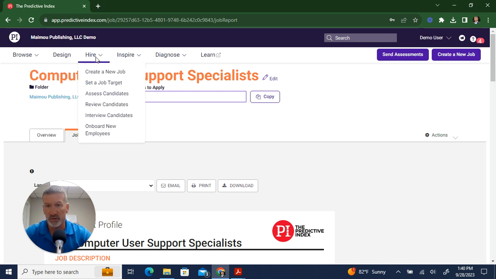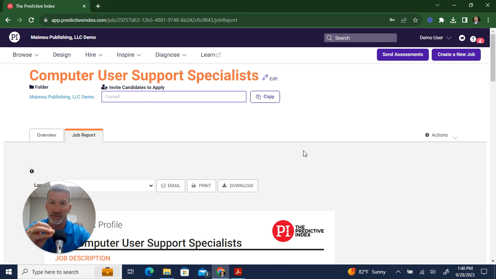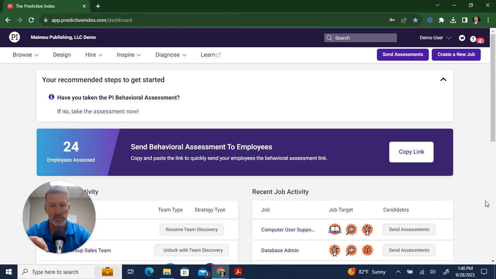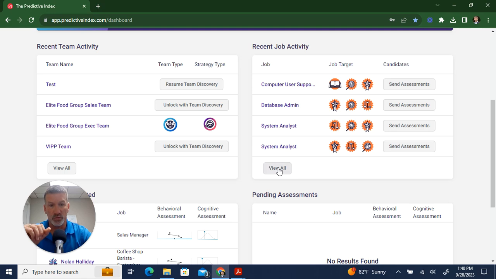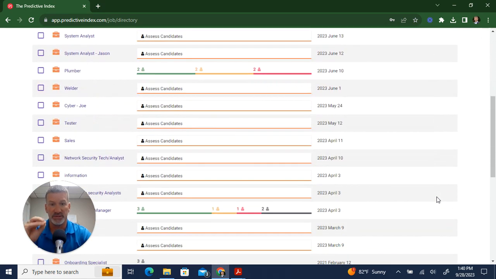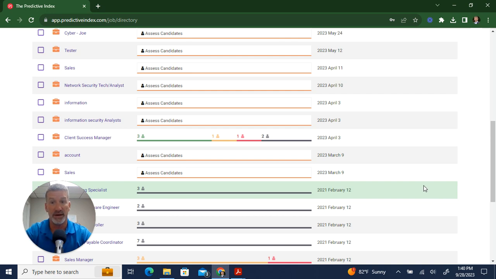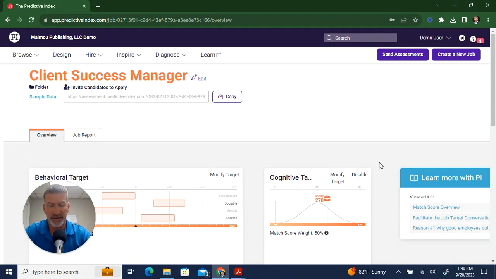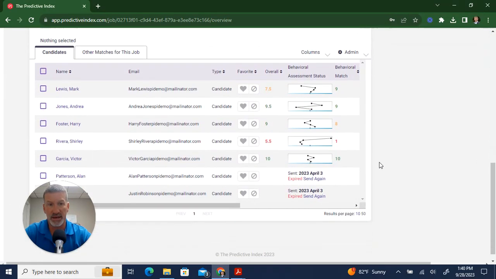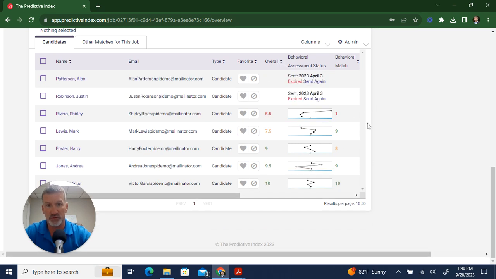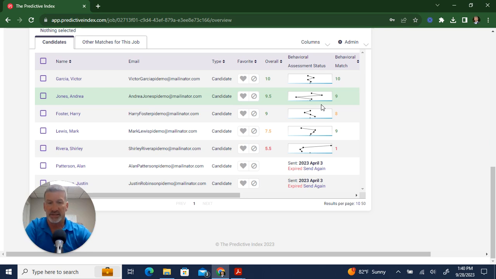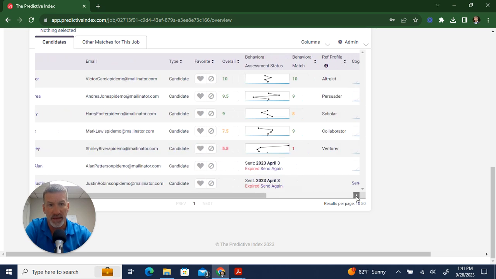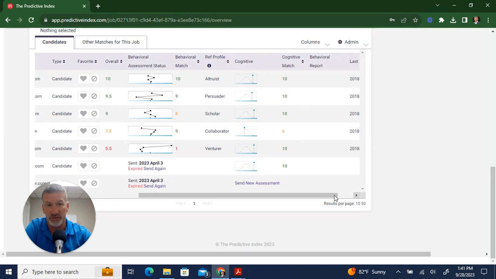So the next thing we want to do is, as candidates are applying to this position, it allows us to start to do some level of assessment. I'm going to need to pick a position that I already have candidates who've applied to. So I'm going to pick Client Success Manager. I already have in here in the data individuals who have applied to this. And you can see that the software racks and stacks the behavioral match and the cognitive match to this position,